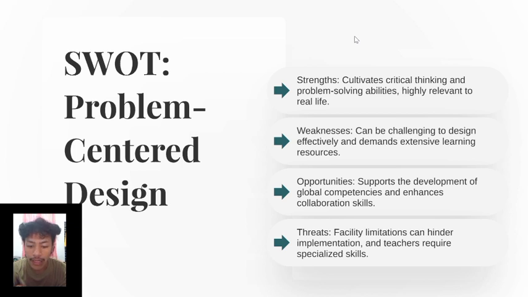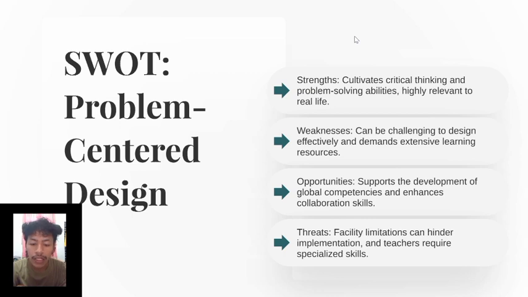Opportunities: it helps students develop global competencies and improve collaboration skills. Threats: limited facilities and resources may affect implementation, and teachers need special skills to guide students effectively.